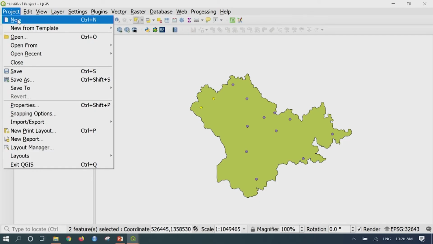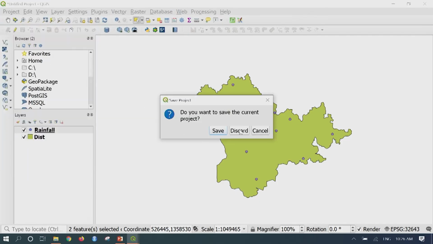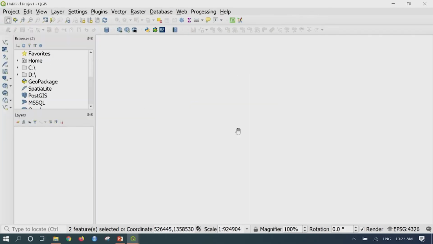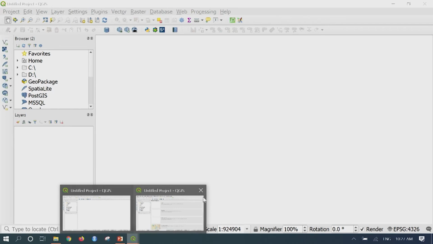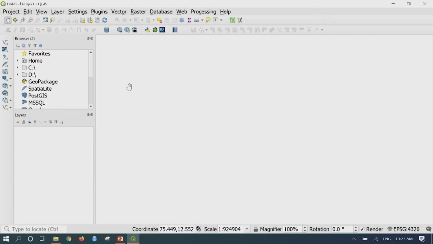Now let us see how to get tabular data into QGIS. I will go to project and say new. I will discard the old project. Here I am going to add one more data, that is tabular data. QGIS also supports tabular data. When I say tabular data, it is basically a CSV file, comma separated value file, and before opening the CSV